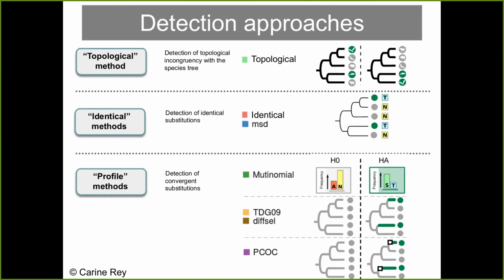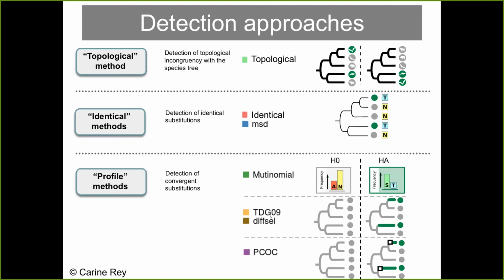So Dominique is asking, how do you estimate the profiles? Do we use the empirical ones in the data, or do we also use the evolutionary history? And so this question indeed points at differences between the different methods that have been proposed. For multinomial, you just look at the frequencies at the tips and you do your test without any more estimation process.